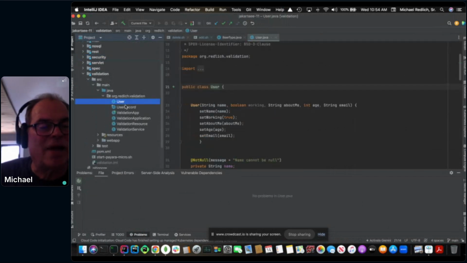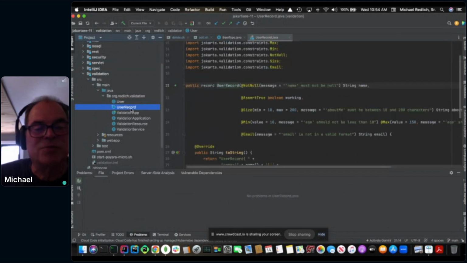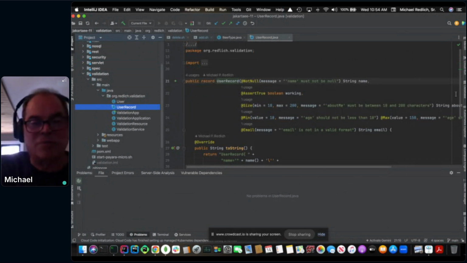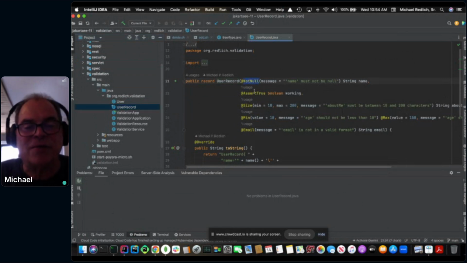Okay, so I have a user. Actually, it's the old POJO, right? Class user. Here's the user record. It's basically a record version of the POJO itself. You can supply your annotations for each one of these